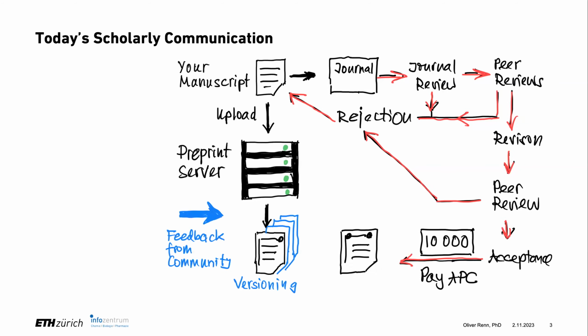With the preprint process, it's much faster, much easier, and much cheaper because you can upload your manuscript yourself to a preprint server. It's usually visible after 1 day or even faster. You get feedback from the community. You can showcase your article. You can even receive citations. You can improve your article over time with multiple versions. So that's a more immediate process of getting visible.